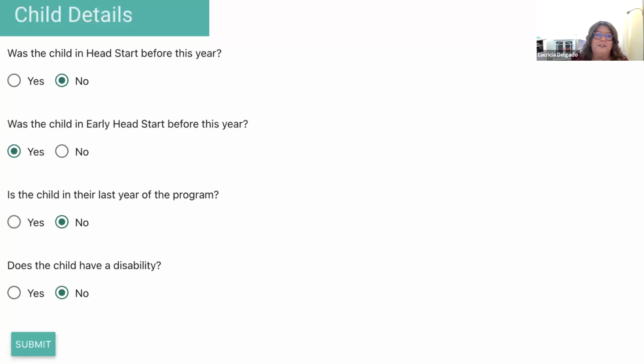Okay, so the child details. Now, on the child details there are 4 questions. And before, we had the problem of a lot of programs would forget to enter this information or update it depending. So if an IEP was added to a child before the interview was started, but they didn't update it in the system,